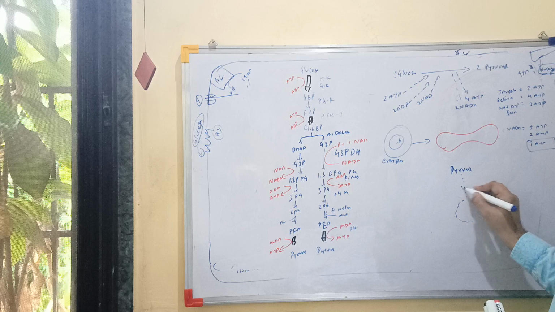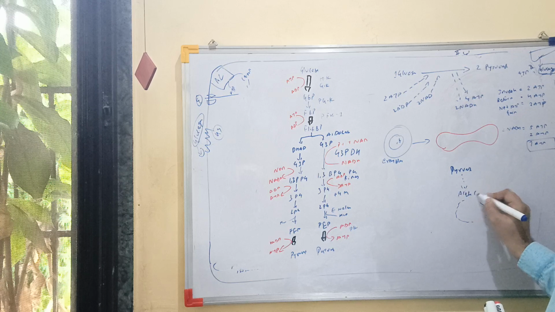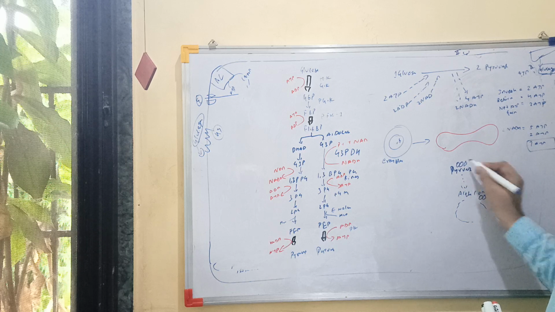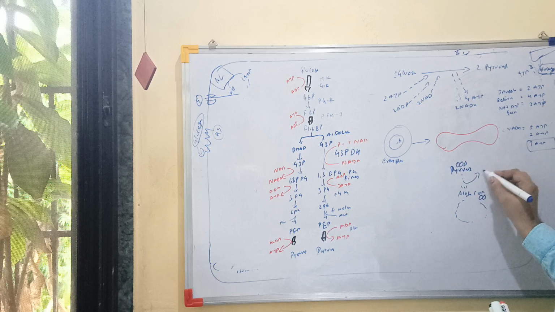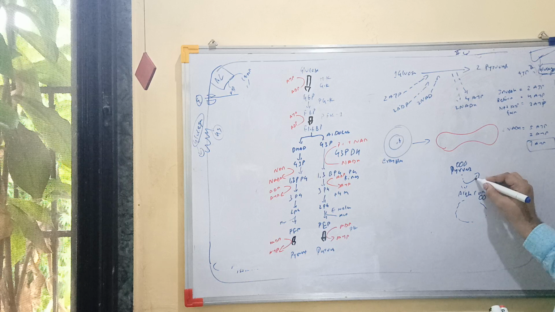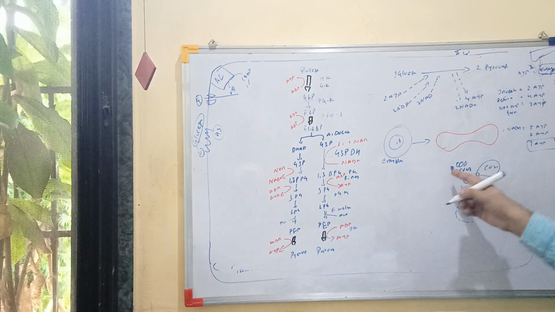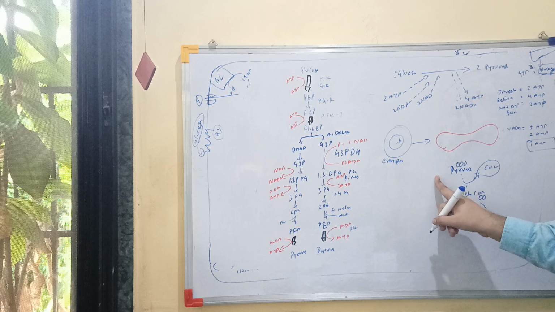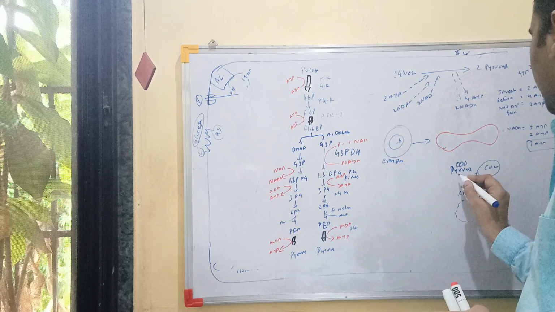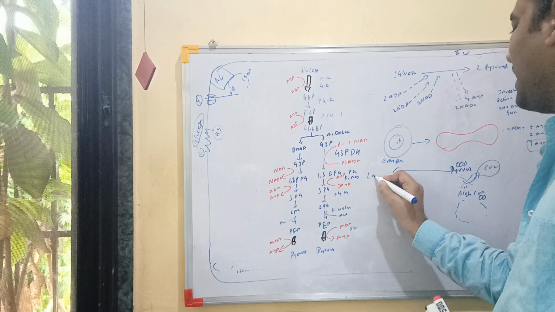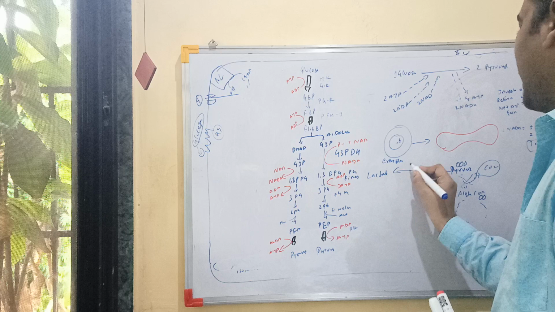Of course, the pyruvate has to convert into acetyl CoA. Acetyl CoA is a 2 carbon molecule, pyruvate is a 3 carbon molecule. So one carbon molecule will be puffed out as carbon dioxide. Okay, in RBC this will not happen. This pyruvate will be converted into lactate, and the enzyme here is